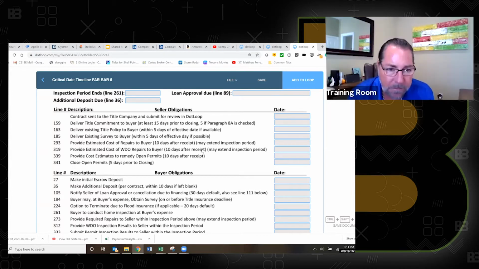Line 159 says the seller must deliver the title commitment to the buyer at least 15 days prior to closing. 5 if it's a cash deal. Here's a little trick. Make a note. If your buyer needs an extension